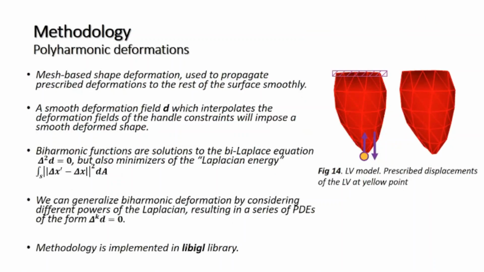Other methods that we use are mesh-based shape deformation methods. These methods satisfy user deformation constraints at handles, at selected vertices or regions on the mesh. They propagate these handle deformations to the rest of the shape smoothly and without removing or distorting details. Some of the techniques cast the problem of handle-based shape deformation as a quadratic energy minimization problem, or equivalently the